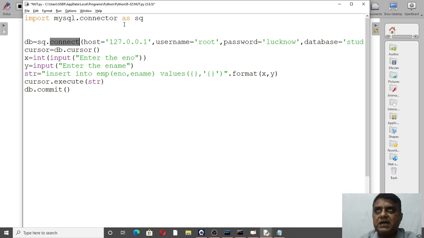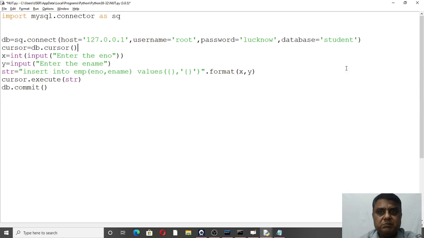Connect is a function that is available in this library. Four parameters are required here: host, then username, then password, and the name of the database to which you are going to connect your Python file.